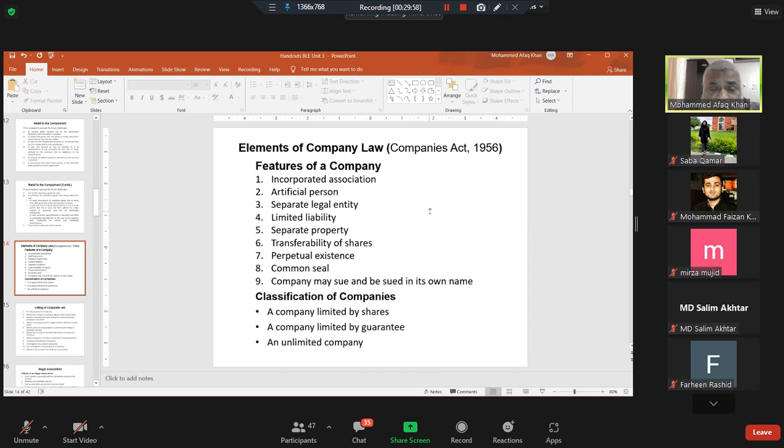And sometimes this limited, for example, company limited by shares. It may be limited by shares, and the shares may be completely paid off by the shareholders of the company, fully paid up. But then this limited liability of the shareholders may become unlimited liability in case the number of persons or the number of members